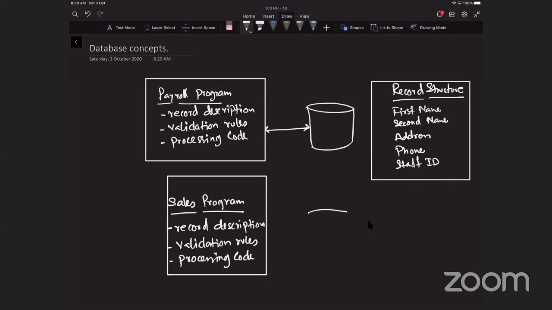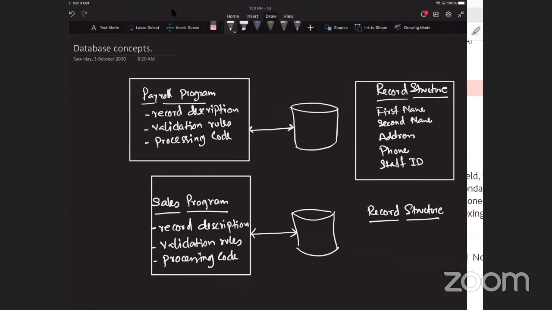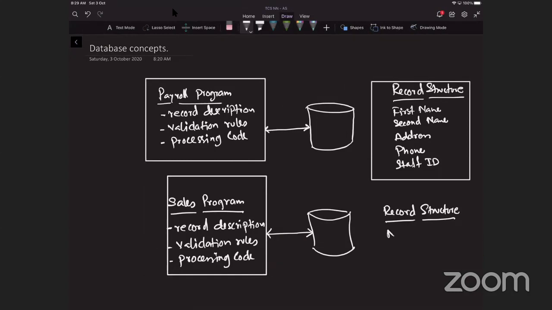It is also saved over the disk. And the record structure for this program is sales name, staff ID, sales target, and actual sold.